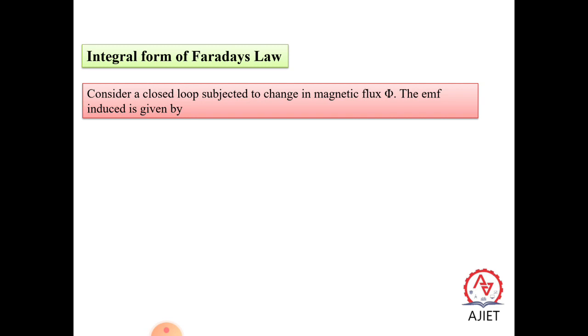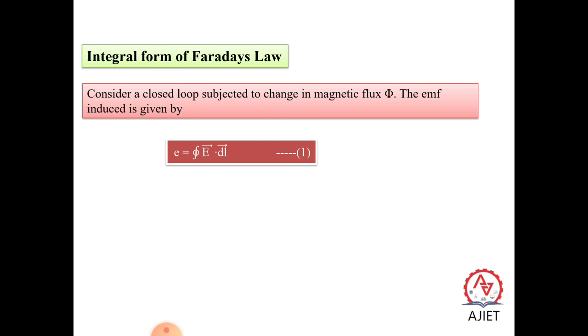we need to define magnetic flux. It is the number describing how much magnetic field is actually going through the loop. Magnetic fields are generally a vector field, so they have strength as well as direction. So the equation can be written as E is equal to the closed integral of E dot dl.